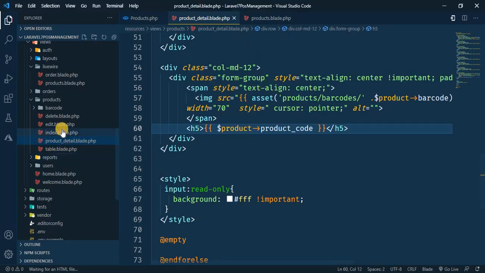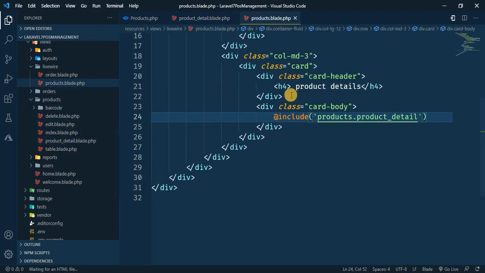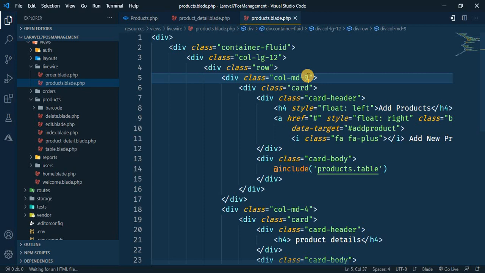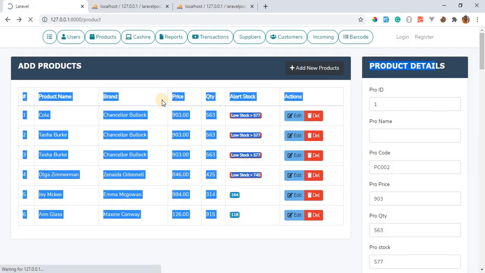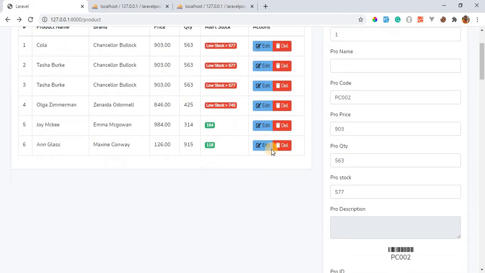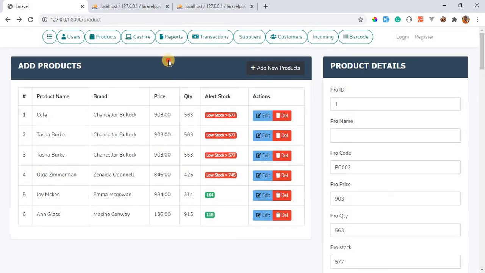Come here inside the index. Now inside this left product component, I will change the col MD3 to col MD4, and I change the col MD9 to col MD8. Come back here and refresh this page. We have this thing like this, and I will leave it like this. Now what I don't want is to see this thing like this. I want, if I click any of the names of the products, to show those